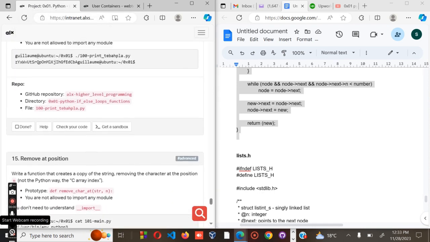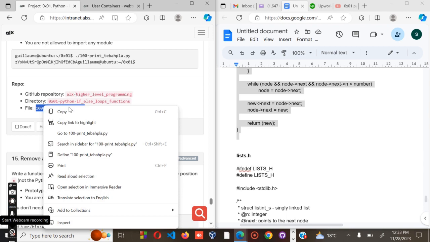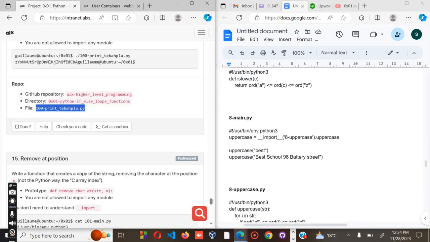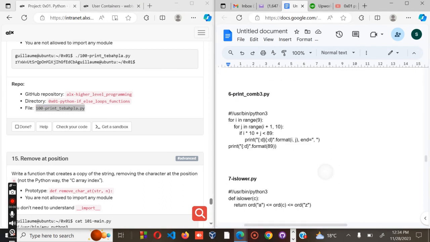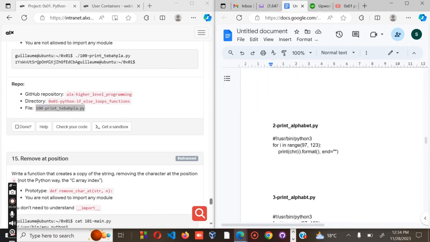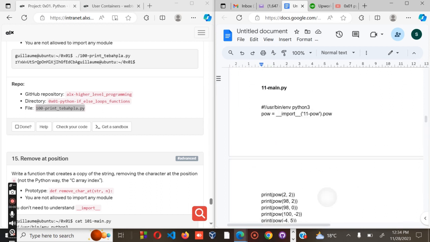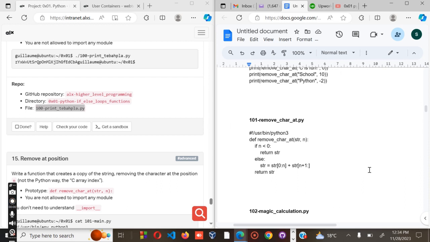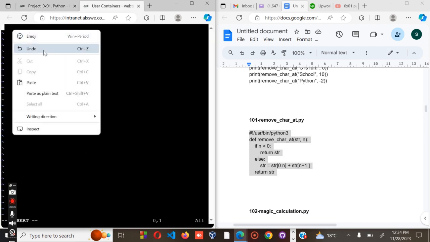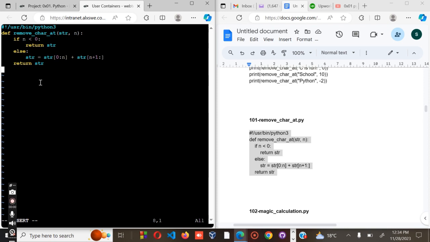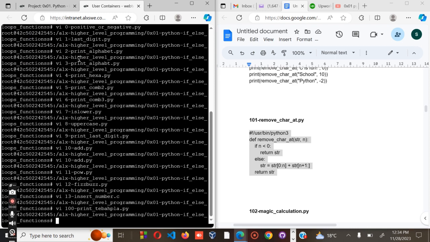Then 14, we have print tab alpha. It's supposed to be code 100. Code 100 is supposed to be here. Here is the code for 100. Copy. Escape colon, and